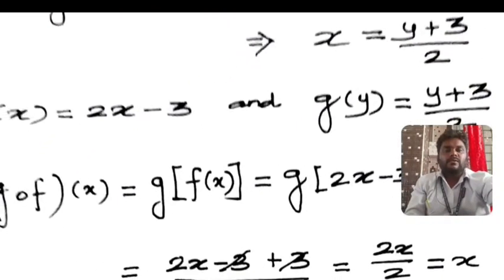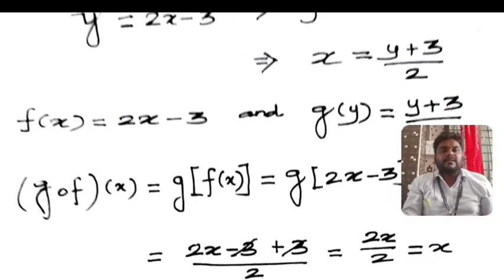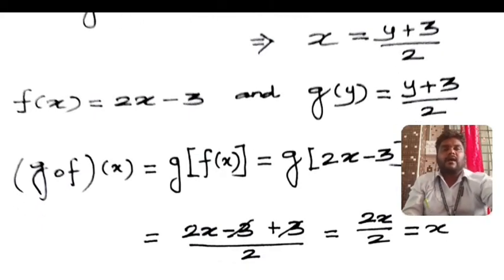Okay, from the definition of invertible, I am going to find g composite f and f composite g. If g composite f equal to Ix and f composite g equal to Iy, then f and g are invertible, or they are bijection functions of each other. So I use that definition. I am going to find g composite f first.